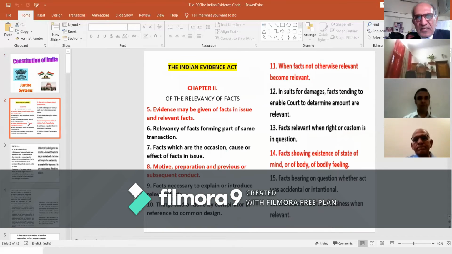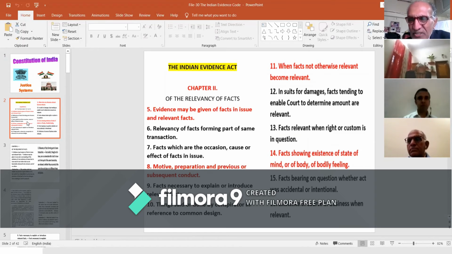As far as the first aspect of charge is concerned, it takes us to the ingredients of the offenses. As far as the second aspect of the evidence is concerned, it takes us to that with respect to which facts